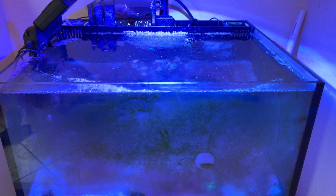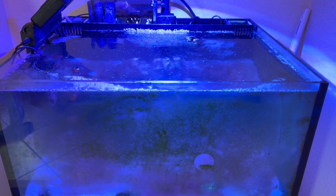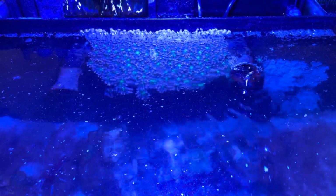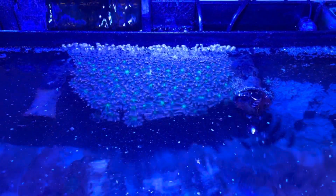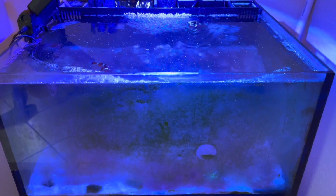If you guys have been following along, this tank kind of had a crash, and I moved all of the coral into the water box 7225 because I got worried that things would start dying in here. But I tried to save the tank itself by just keeping it running, because I had this whole patch of TSA firework cloves up here, just trying to keep that alive. So I kept everything running, but then the tank has been kind of out of whack for the past couple of weeks. I got cyano and